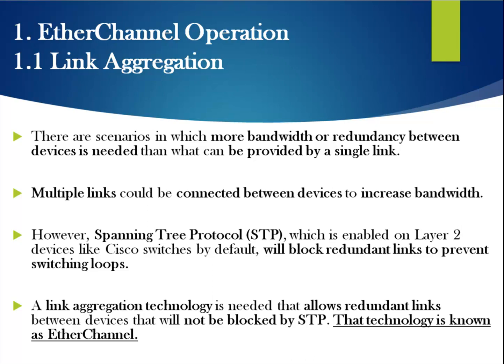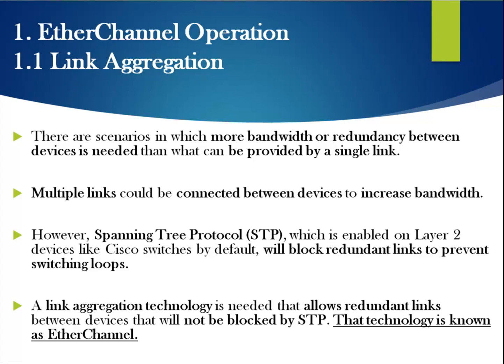To avoid the loop, we use a protocol called STP, Spanning Tree Protocol. If you use the spanning tree protocol, it is going to block the ports. So there is a spanning tree algorithm available, and you can refer to lecture number 12. Using the spanning tree protocol, it identifies some ports and blocks them. So using that we can avoid layer 2 loops.